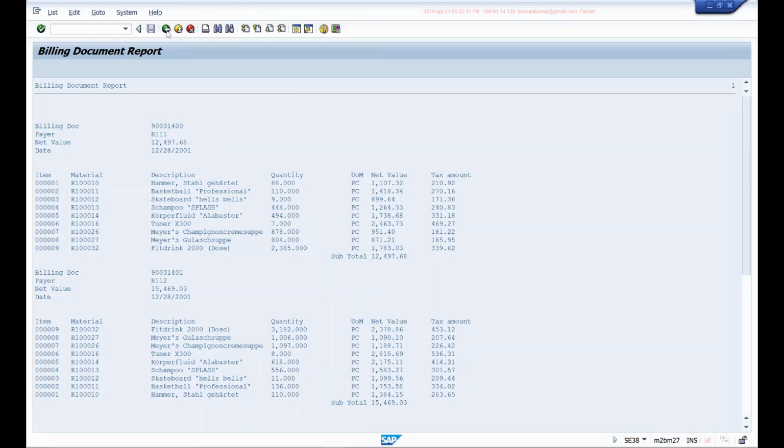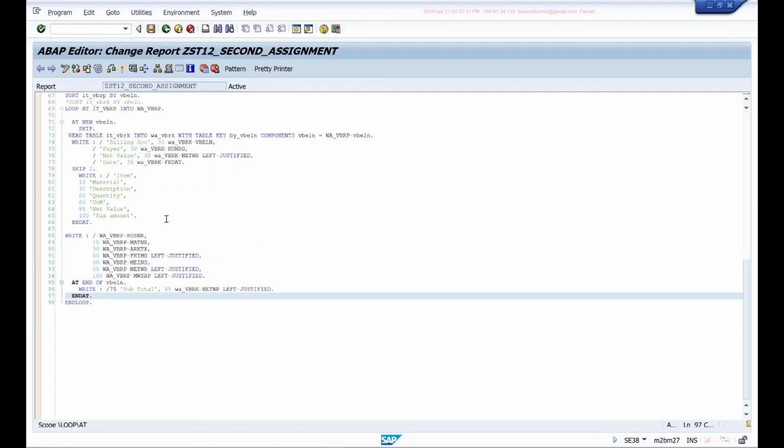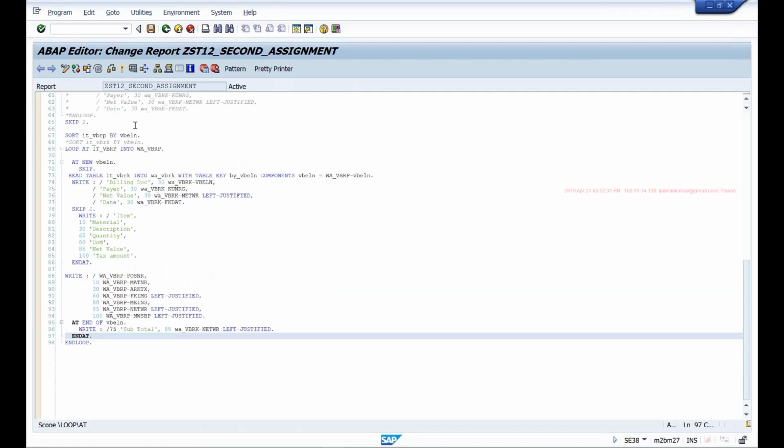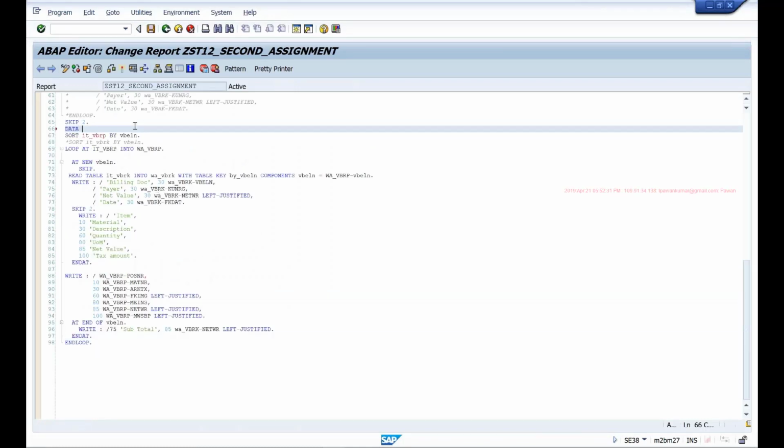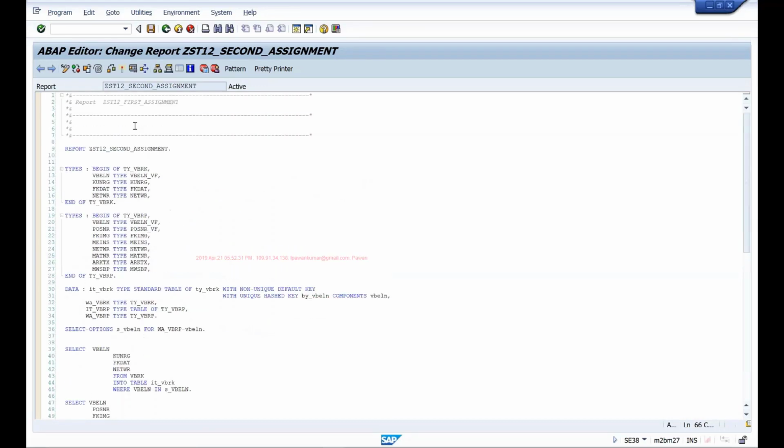Okay, if I want, I can also sum up the values individually. For example, I can define one data object, let's say v_total, type NETWR, same as my net value.